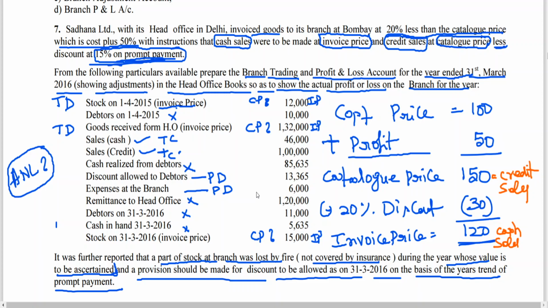So what I do, I can cleverly use this invoice price data. This is invoice price, this is invoice price, sales at cash is invoice price. Only credit sales I have to convert from catalog price to invoice price, then the missing information, abnormal loss, is completed. Then everything, opening stock, goods received from office, I can convert into cost price. That is easy. So to explain that, first what I am doing here,